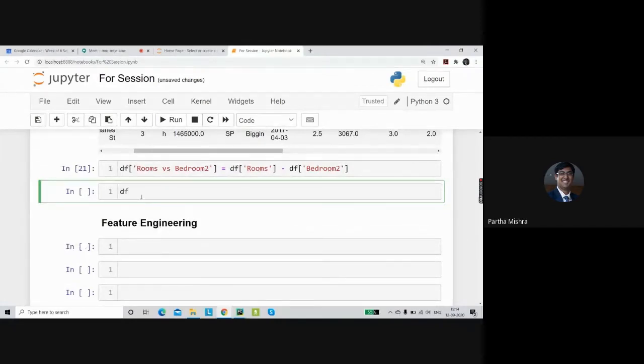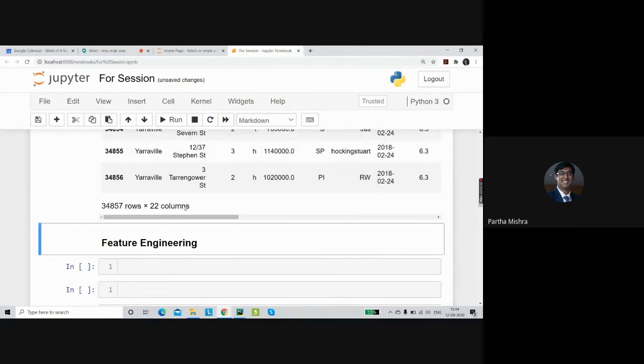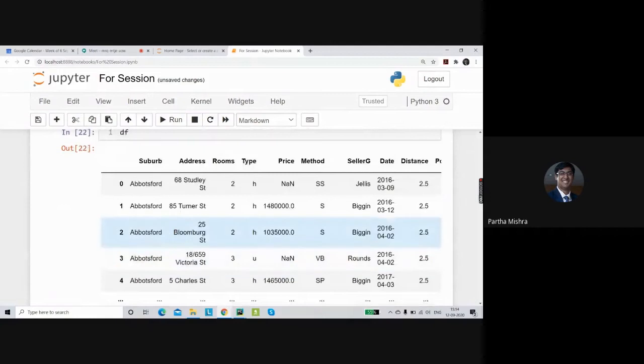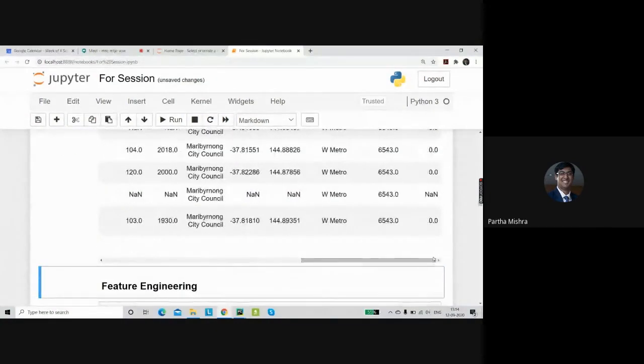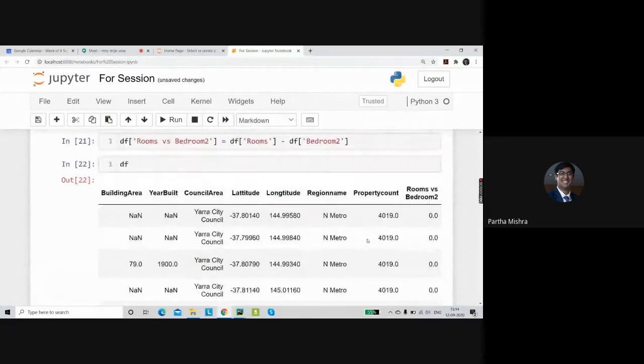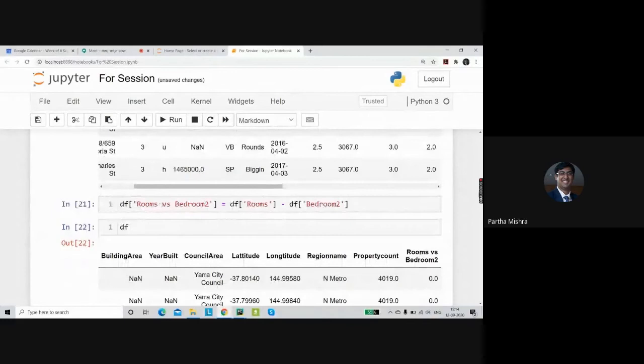Now let's take the entire data frame and look at that particular column. Whenever you create a new column, it gets added as the last column in the data set. So if you scroll and check the last column, you will find this new variable we created, rooms versus bedrooms.